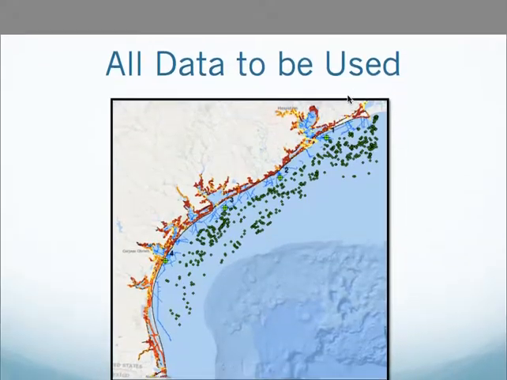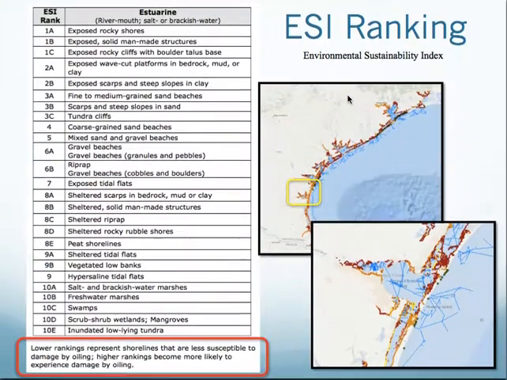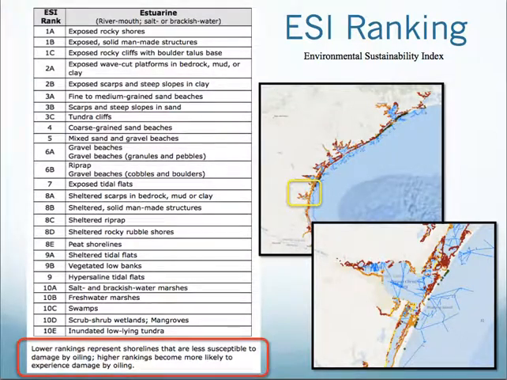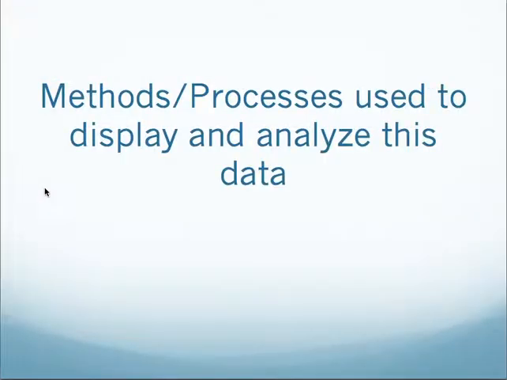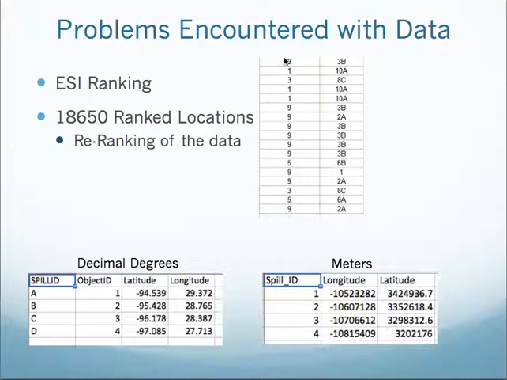As you can see in this table, all these areas have an ESI ranking, and only a couple of them are only numerical, so I needed to go through and make them all numerical, and I manually created a re-ranking of this data